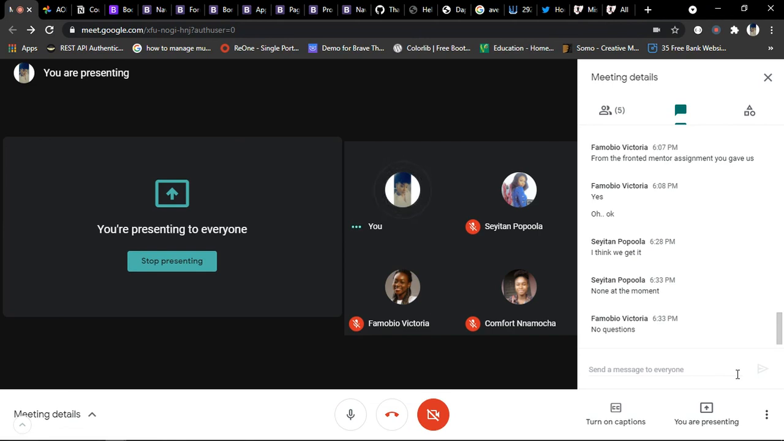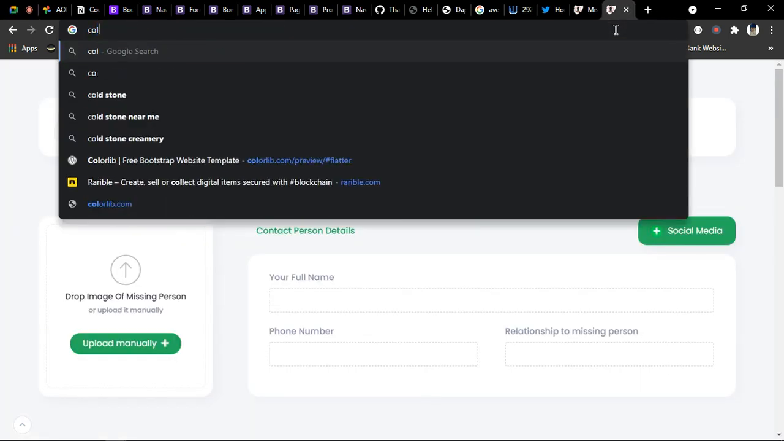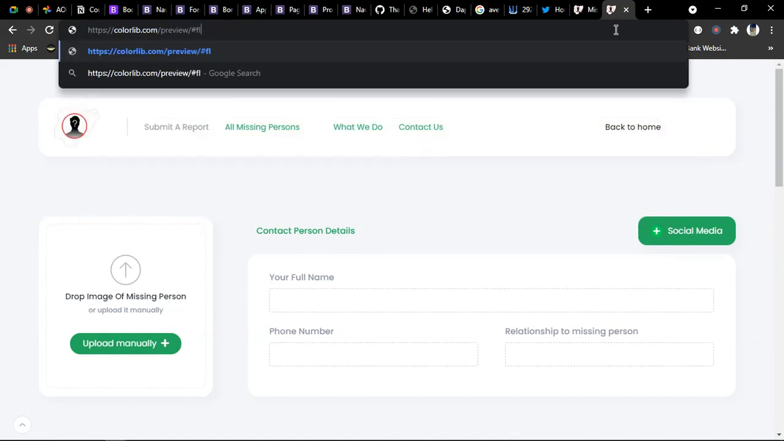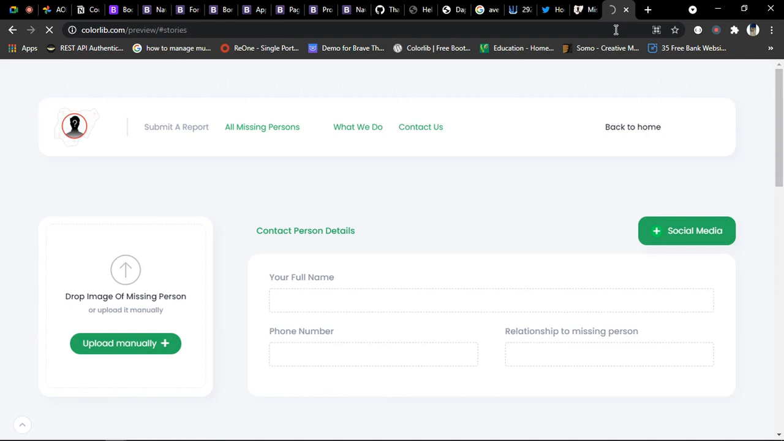Okay, the link I was talking about, let me quickly check for the link. Hold on. colorlib.com, yeah, we're going to be creating this. colorlib.com/preview#stories. Let's see if this is still up. Okay,